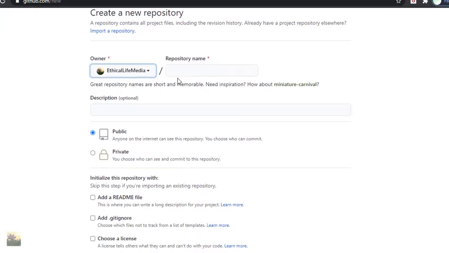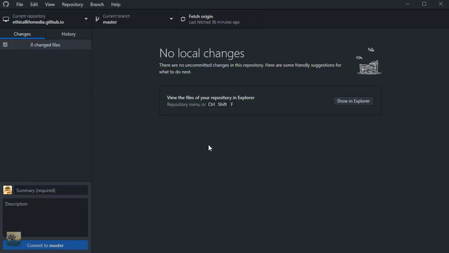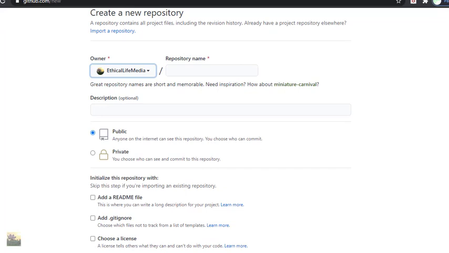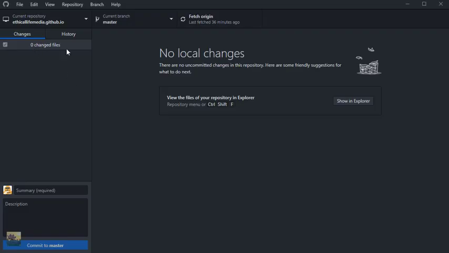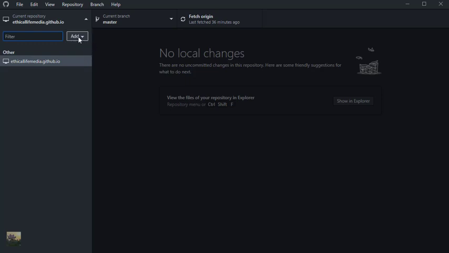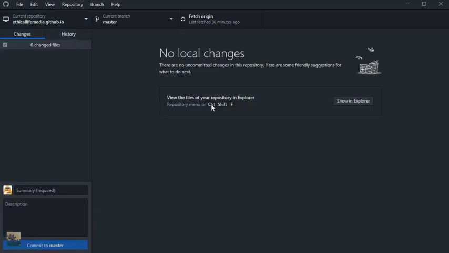I hope you understand that the name you have provided on the website, after logging into your GitHub account and creating your repository, those details will be updated here automatically, and you will not be asked to add a repository as it asked in the beginning, because you already created your account and added your repository, and it is synchronized automatically to your computer also. An internet connection is very much necessary.